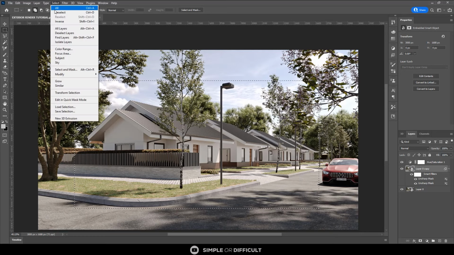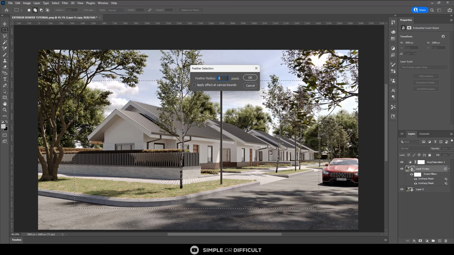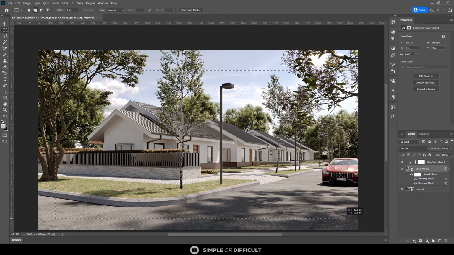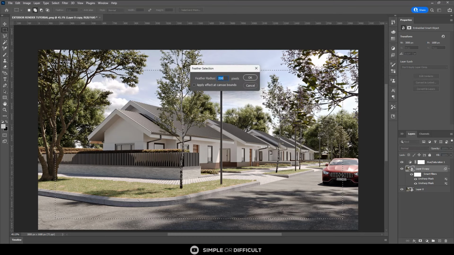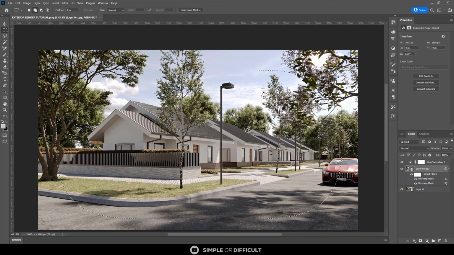and then go to selection. Come down here. You see feather, okay? The shortcut is Shift F6. Now you're going to set the feather radius. Let's make it 100. I think we didn't. Shift F6. Let's make it 200. Okay? In fact, I even want to make it a little bit more on the edge, like that. So Shift F6. Okay? Make it 300. Yeah. So with it being like this now,